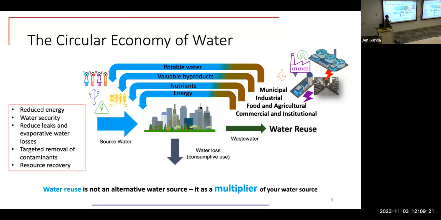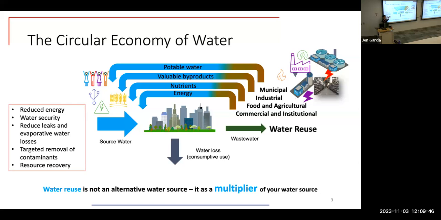Okay. And in addition, I talked a little bit about making these more efficient. So we're targeting certain contaminants, which then will result in reduced energy. We can also increase our water security, right? Because we're not relying on external sources of water, such as water importation. And we're also reducing a lot of energy